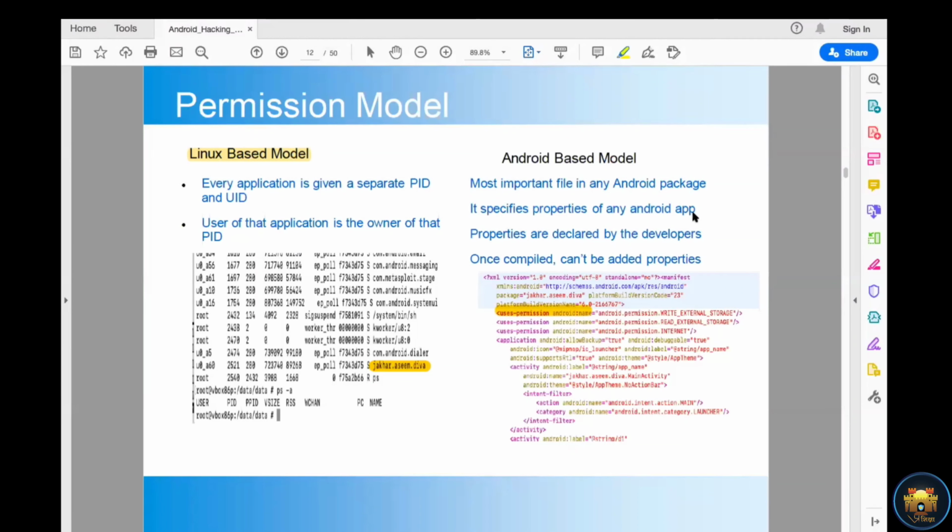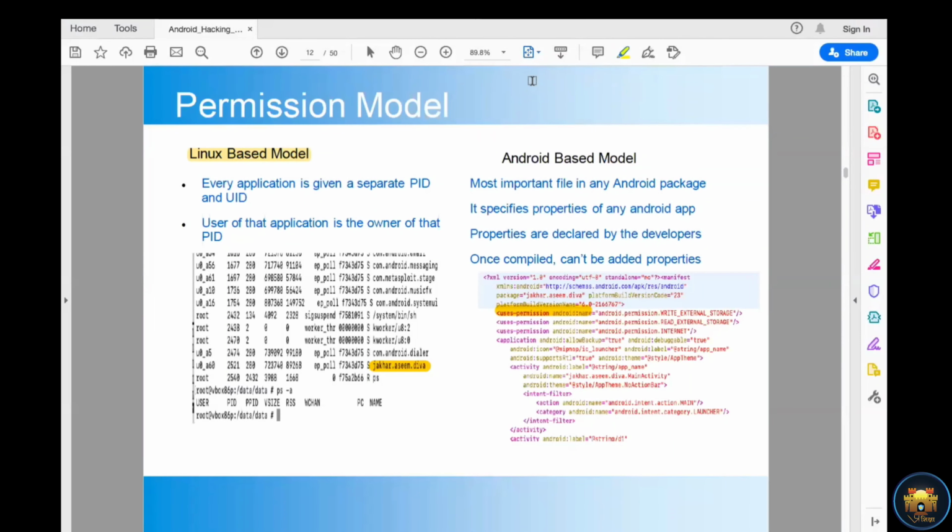If you mention android.permission.INTERNET, then your application would be able to access the internet. If you do not define internet, then your application would not be able to access the internet. If you define a permission like android.permission.CONTACTS, then you are able to access the Android phone contacts. So you need to mention the permission for whatever service you require in the Android manifest file. This is the Android manifest file. Every security setting you can mention in the Android manifest file. It's called the AndroidManifest.xml file.